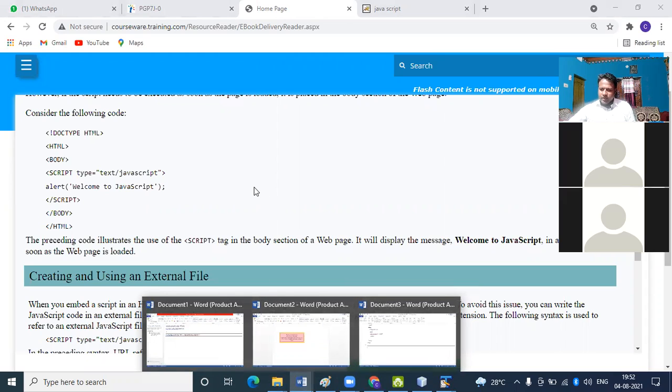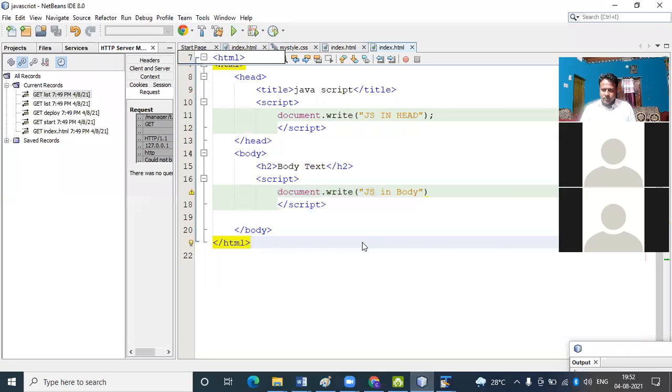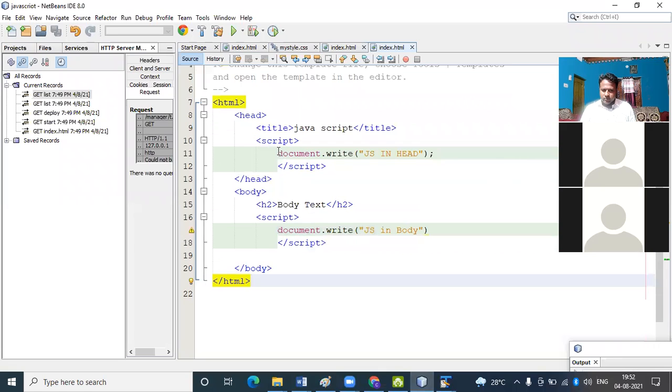Okay, so next program. It is two types of scripting we're using. So I open here now. I just remove the thing here, I just delete it.